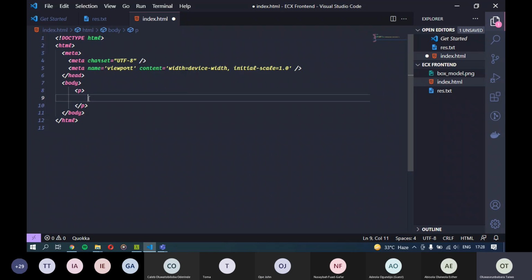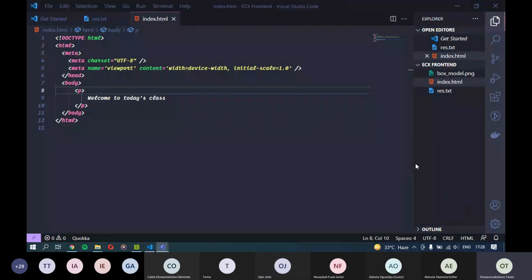So we know that whatever we type inside of this is going to represent a paragraph. So I can type whatever I want inside. Let me type welcome to this class. Yeah, let me save it. So now I want to try and open it inside of my browser.